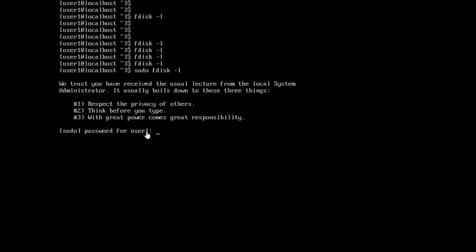Now why is it asking for the password? Because maybe somebody else is running this sudo command instead of user 1. Suppose user 1 is logged in here and the terminal is open, and the user goes somewhere to do something, and somebody else comes to this terminal and runs the sudo command to do something. It cannot do this because it needs the user password first. So the user gives its password and it gets the output.